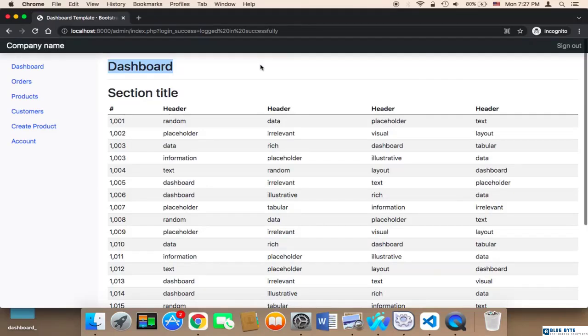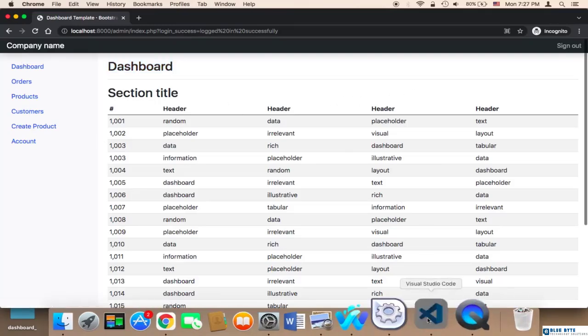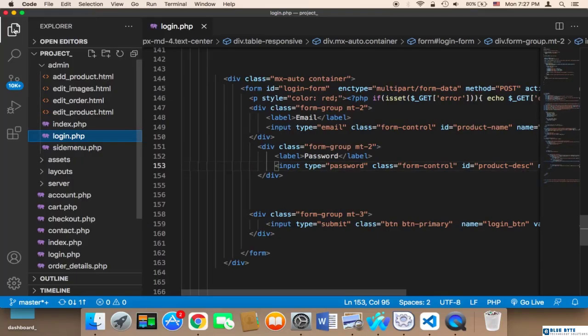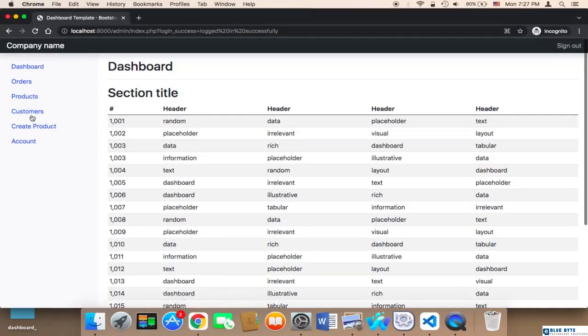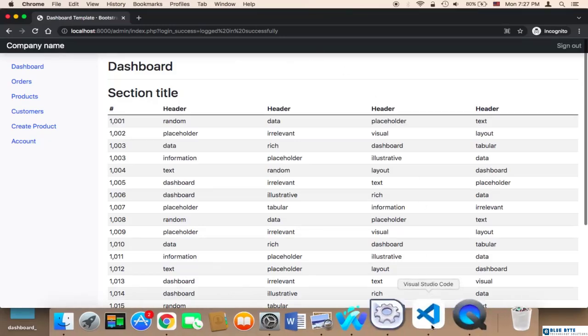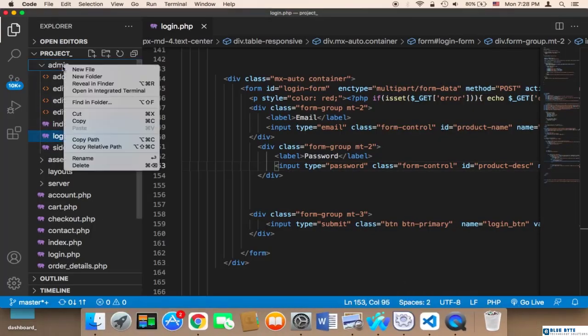Welcome back. Now what we need to do is organize the template further so that I will be able to create other pages and work on other pages. In this template I have the side menu, and we also need to create a header. So I'm going to create a new file in the admin here called